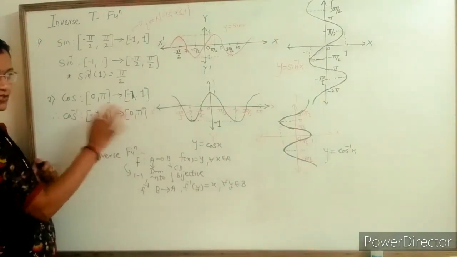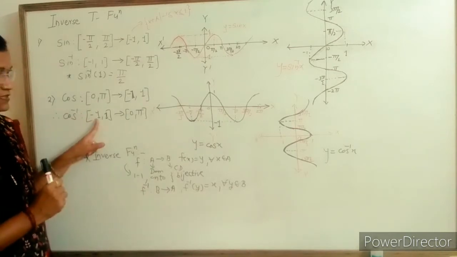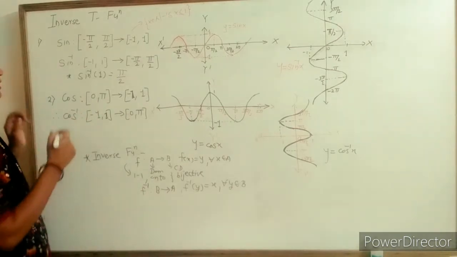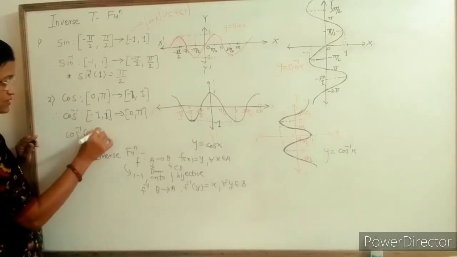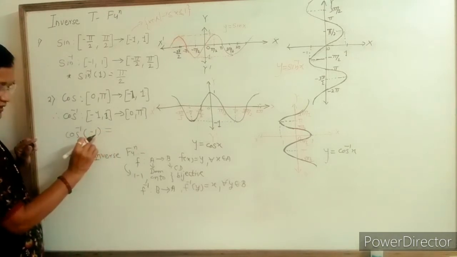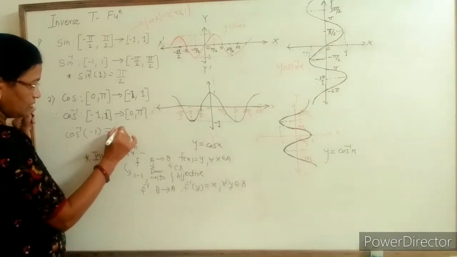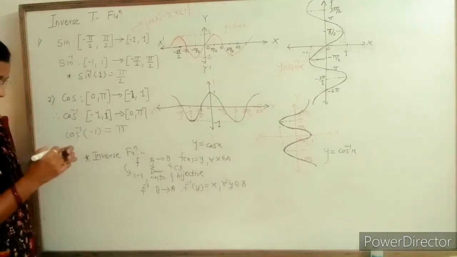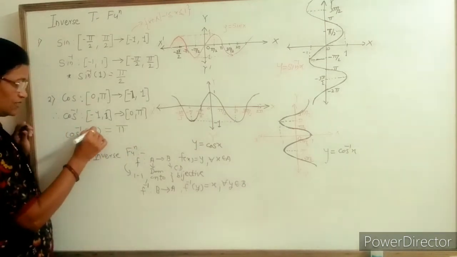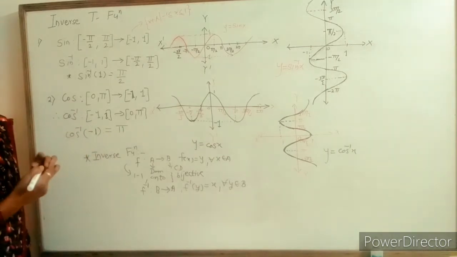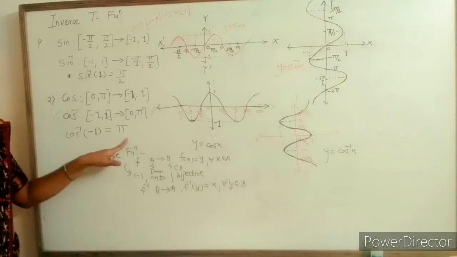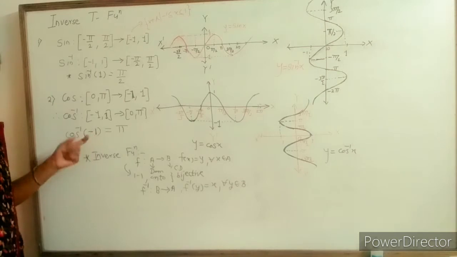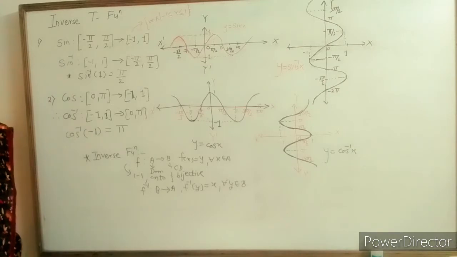The inverse function gives range from 0 to pi, while the domain is -1 to 1. Now for the function we may take cos inverse of -1. If we replace this -1 by cos pi, we get the value pi. There are different properties of inverse trigonometric functions, but here we take -1 as the value of the cosine function for angle pi. So cos pi is equal to -1, so we replace this -1 by cos pi, which cancels with cos inverse, and you get the value equal to pi.